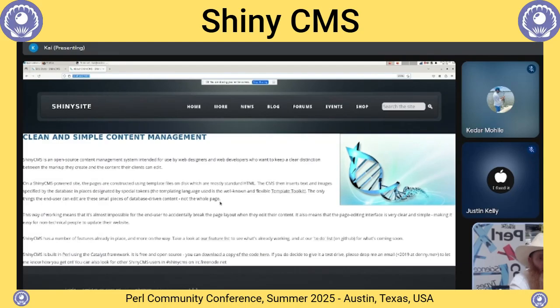So before we dive into our quick little demo here, I'll just say that Kai and myself and John Napier-Kowski, one of the maintainers of Catalyst, have been working together to get Shiny upgraded and Dockerized and hopefully very